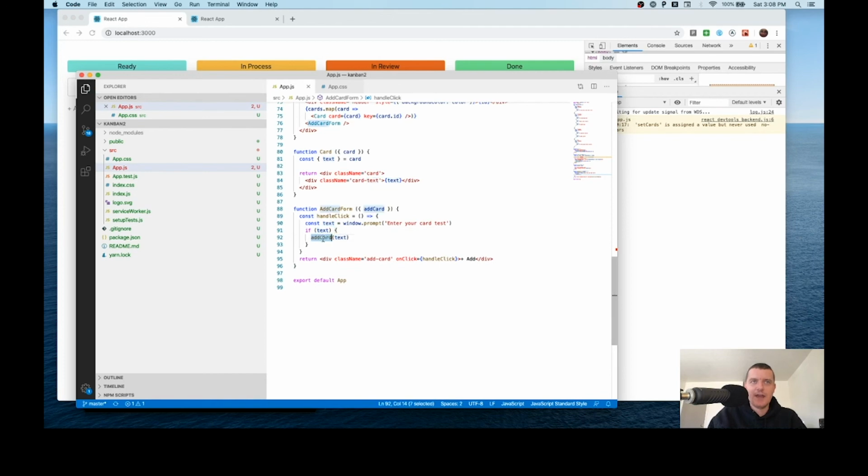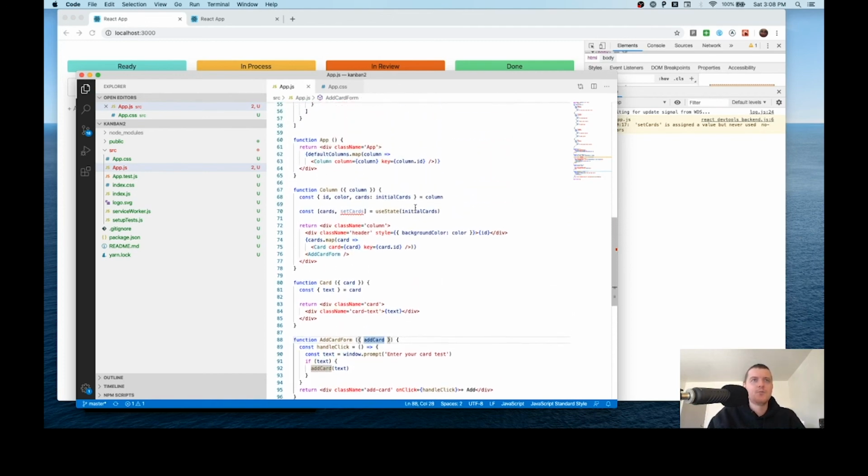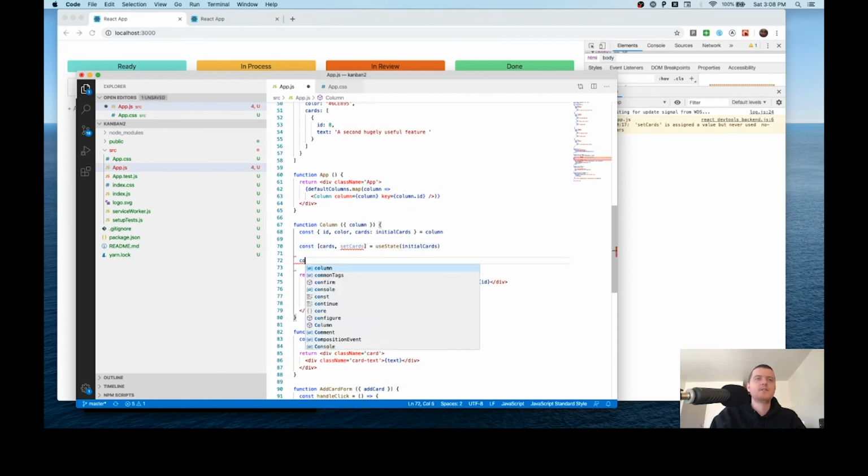Pass the text into the add card function, which we haven't defined yet. So let's go define that. We define that in column, and I'm just going to say add card. So it's a function which takes text as its only argument, and then it's going to call set cards,